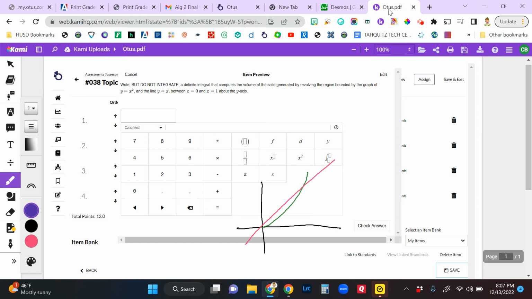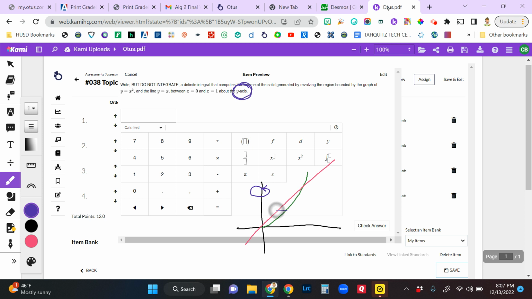So in this video, I'm going to show you how to do this. I think it's item 3 maybe, and the review assignment. We're supposed to write but do not integrate a definite integral that computes the volume of the solid generated by revolving the region bounded by the graph of y equals x squared, the line y equals x between 0 and 1 about the y-axis. So that right there is key to telling you we're going this direction, which means that